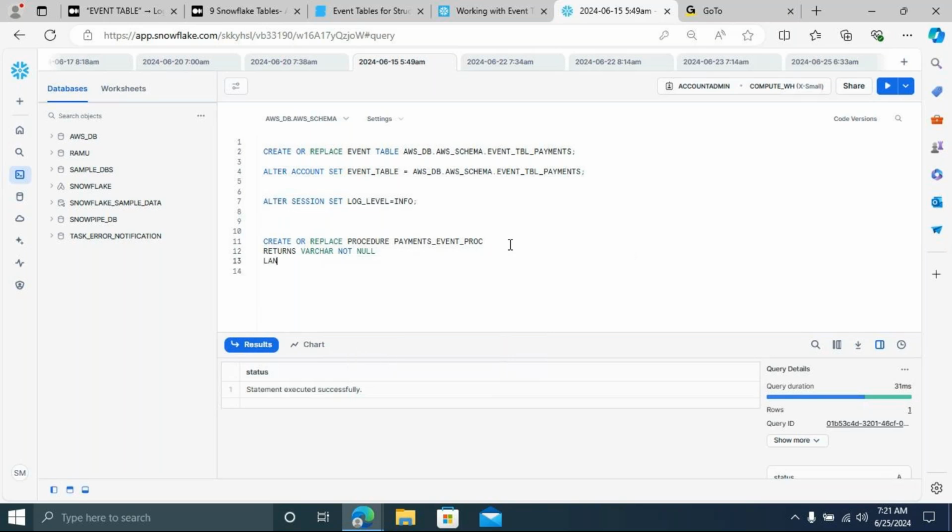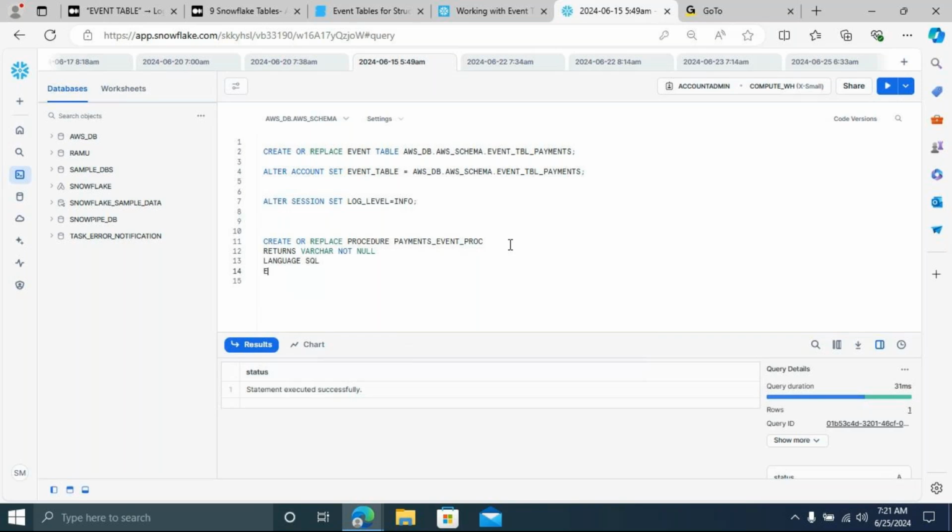For the language, you guys are flexible. You can use SQL. If you know JavaScript, you can use JavaScript. If you are good in Java, you can use Java, and if you are good in Python, you can use Python. As of now, you guys are covered in SQL, so I prefer SQL.